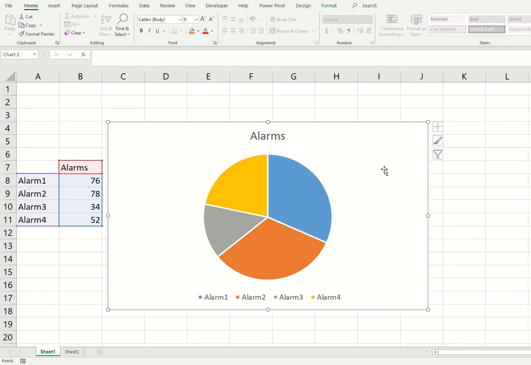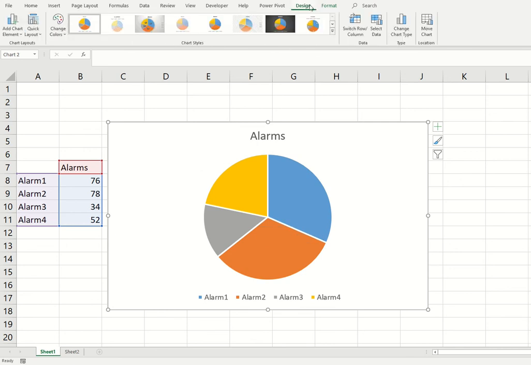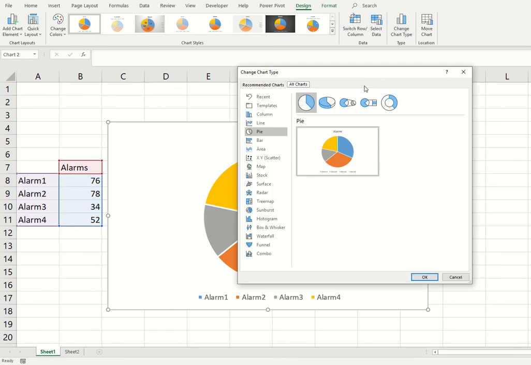What if I want to insert one pie chart into the other pie chart? Here we have four slices, but I don't want to see four slices. I want to see fewer slices, where one slice represents the other alarms. To do such a visualization, we can go to Design, Change Chart Type, and you can see one more option, pie of pie.